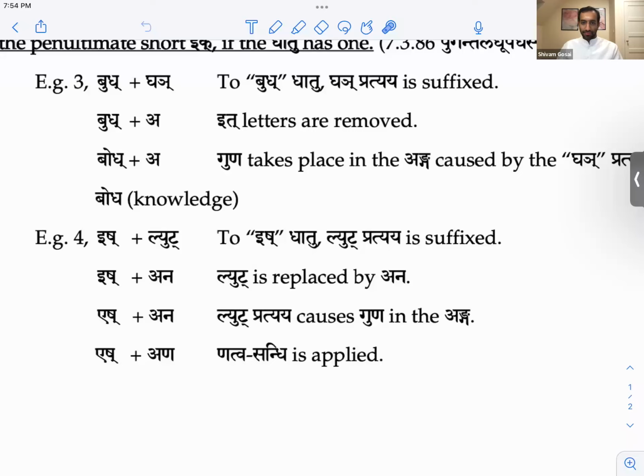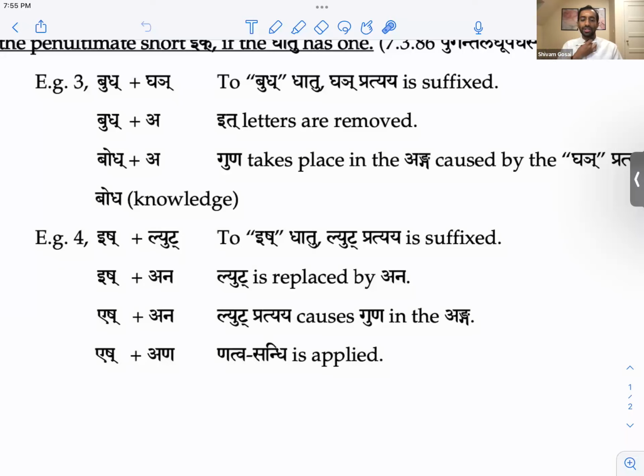Okay. All right, so same thing with this ish plus lyut. Lyut is replaced by ana. Lyut, because vriddhi is not possible, causes guna in the anga. Ish becomes esh. Esh plus ana.